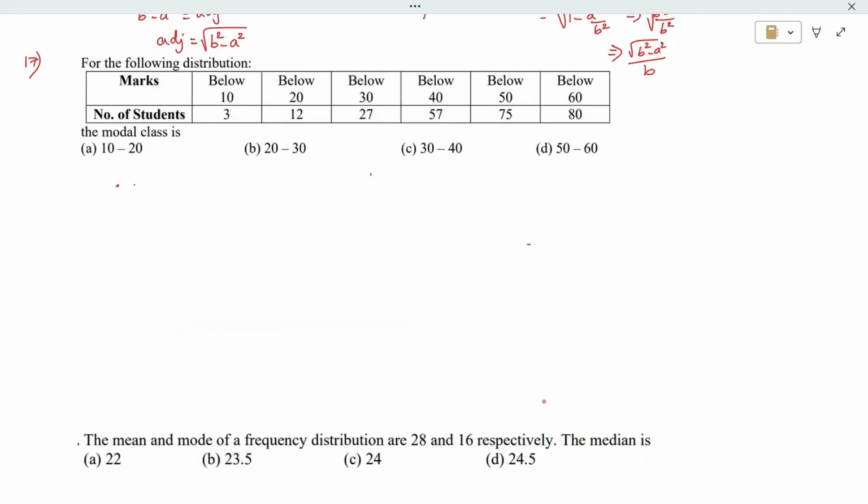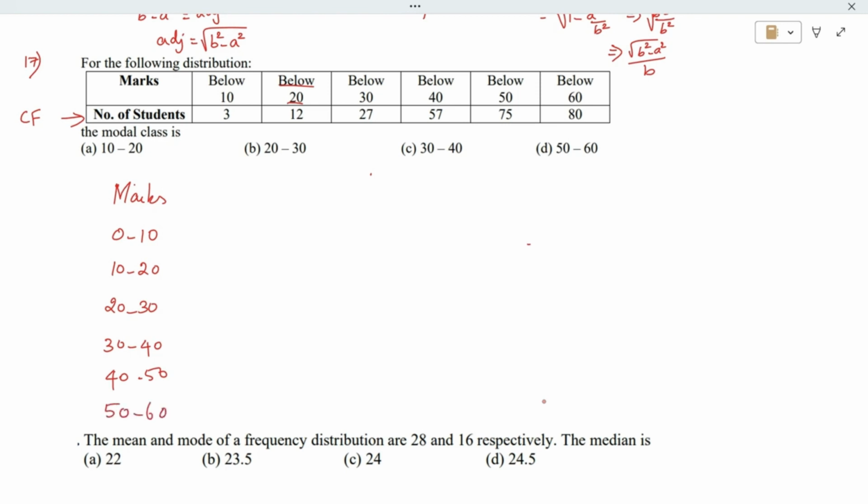Question number 17. For the following distribution, the marks are given and number of students are given. You can see the number of students are gradually increasing, which means they have given the cumulative frequency. It is not a continuous interval. The intervals are below 10, below 20, and so on. So if I consider below 20, it also includes below 10. So I have to rearrange the tabulation in terms of class intervals. So 0 to 10, 10 to 20, 20 to 30, 30 to 40, 40 to 50, and 50 to 60,